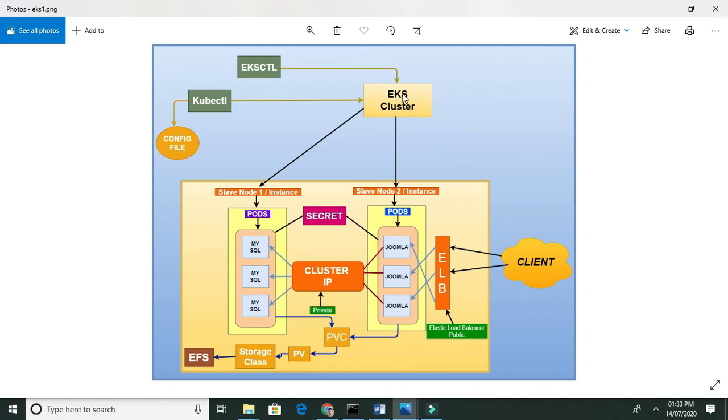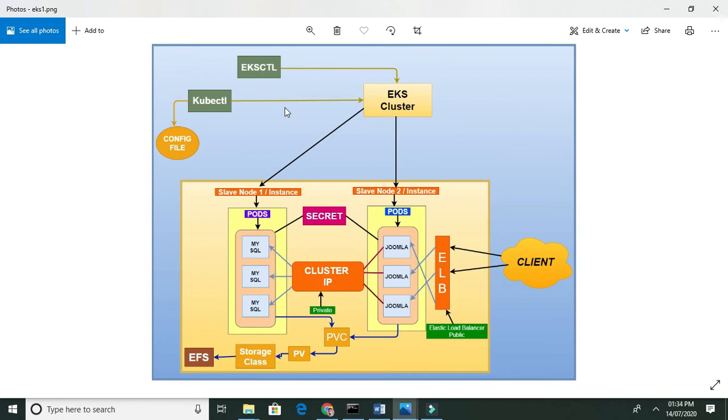Now we are going to create pods, or containers, and inside that container we will launch our application, and after launching it, clients can access it. We are using kubectl for this. With the kubectl command we will run Kubernetes YAML files.